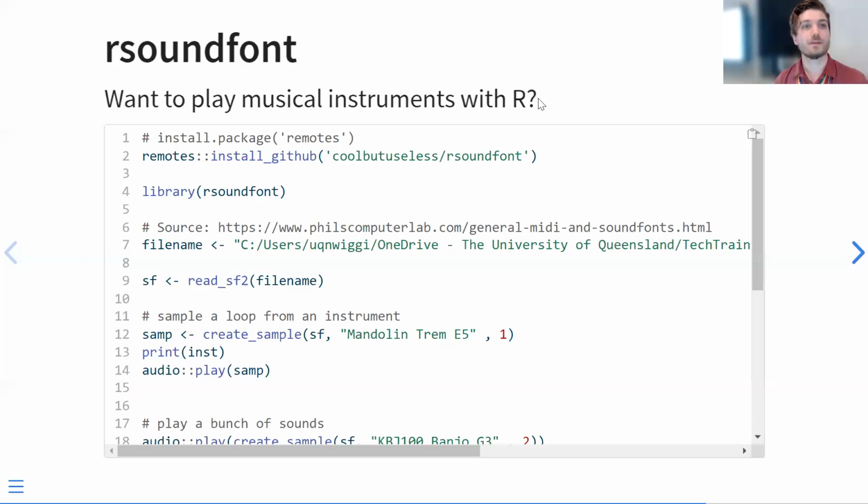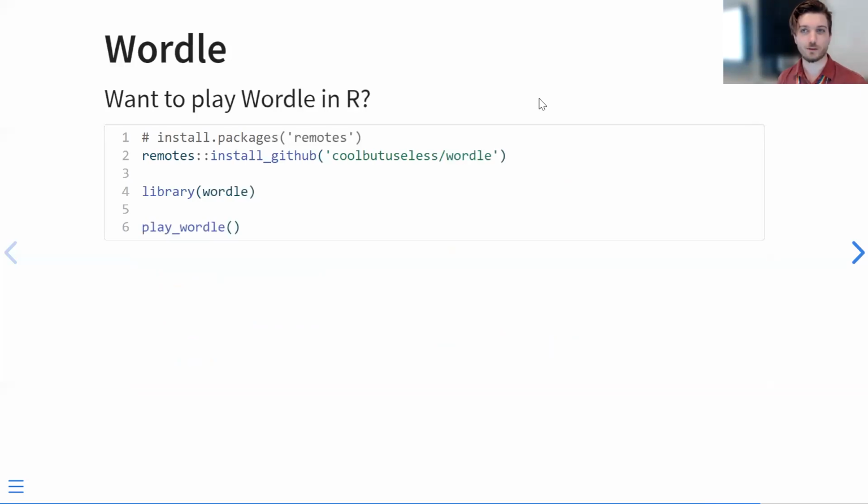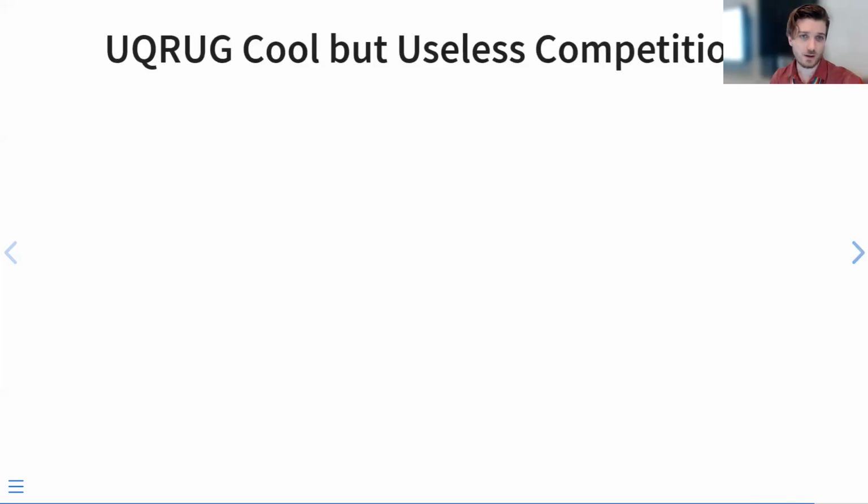Cool. So that I think is a really good way to finish off useless things that you can do in R. You can actually load in, like, someone's got Pac-Man in R. I don't know how much of that's actually built on R code and how much of it's just they've put an R wrapper around it and pulled in something else that runs Pac-Man. I didn't explore it because it was too much. But yeah, you can do Wordle in R. So that's the extent of the overview.